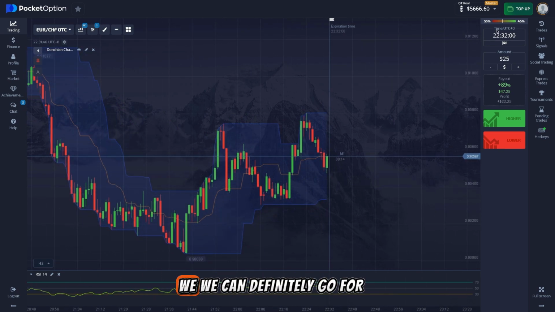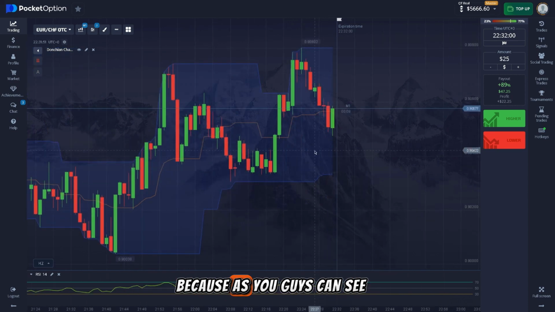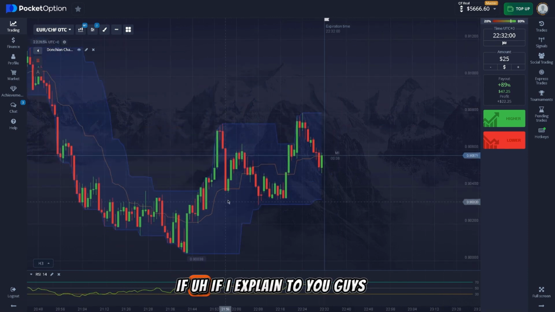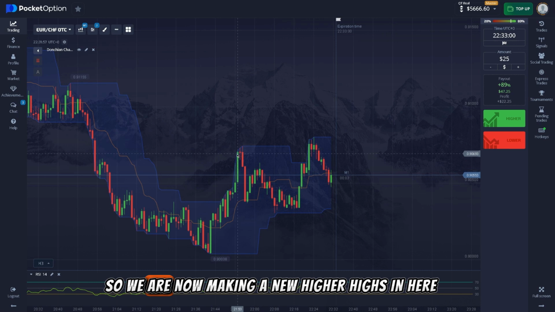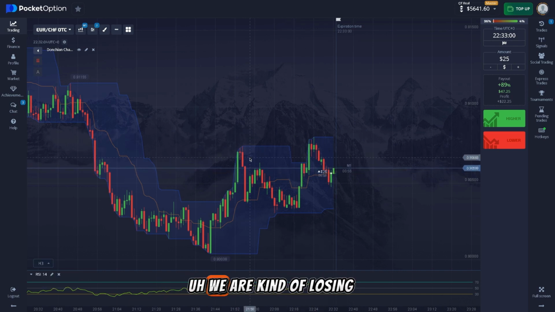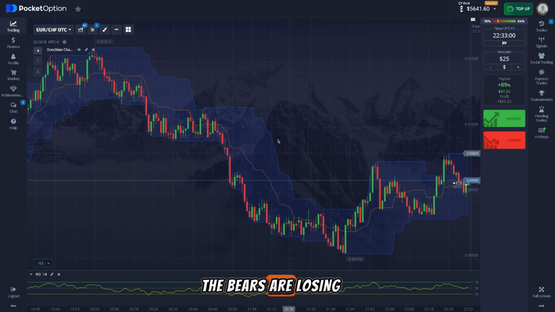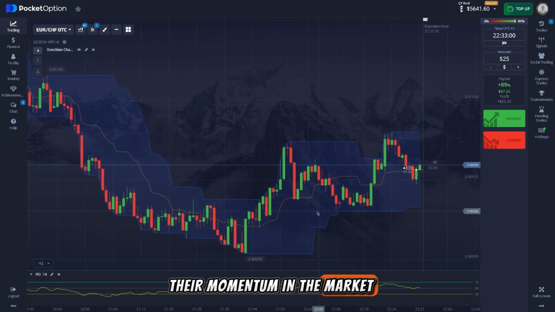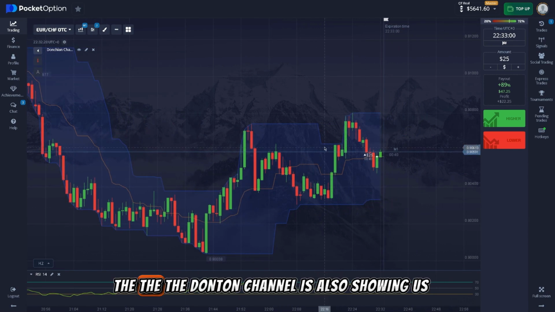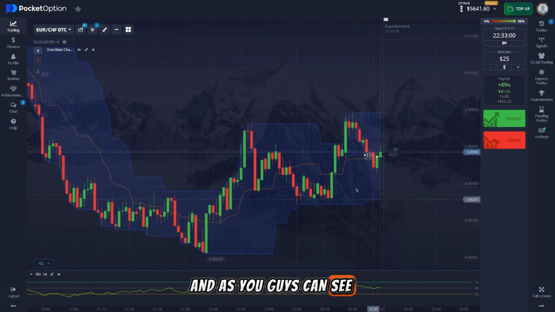So as you guys can see, we can definitely go for an up direction trade after this candle, because we are now making new higher highs in here, and as you guys can see, we are making new higher highs. So that means the bears are losing their momentum in the market, and the Donchian channel is also showing us the new higher high and the new lower low,